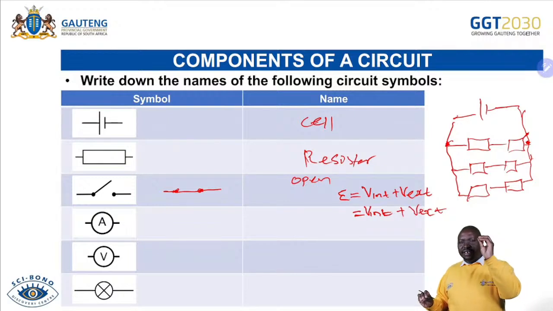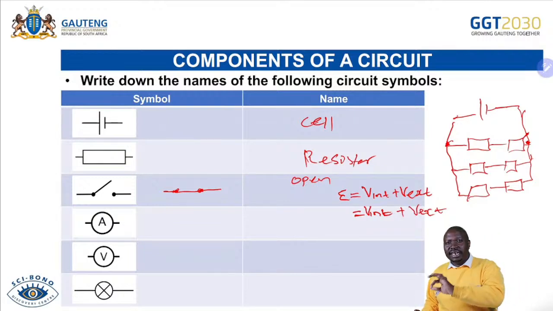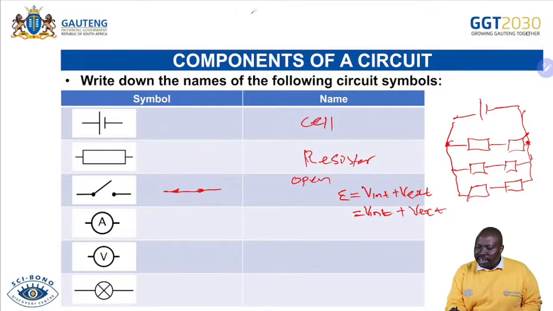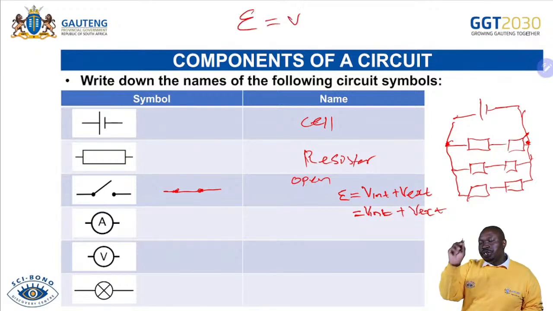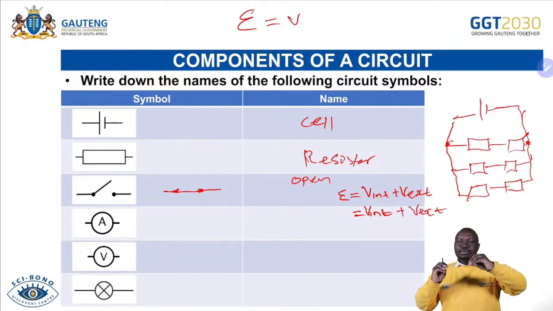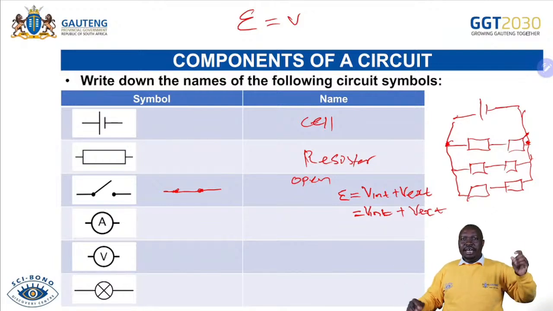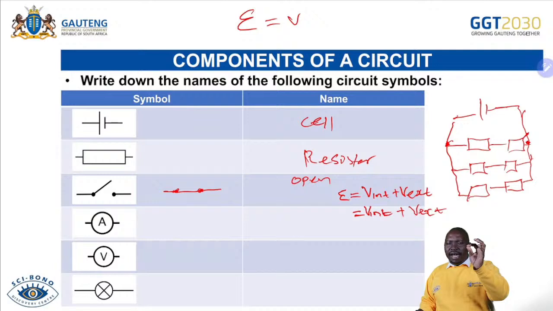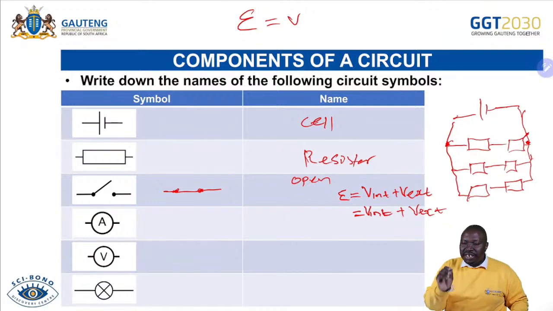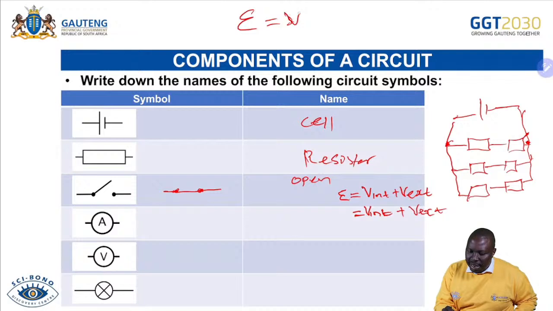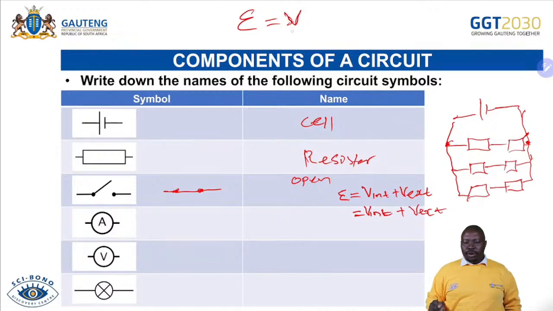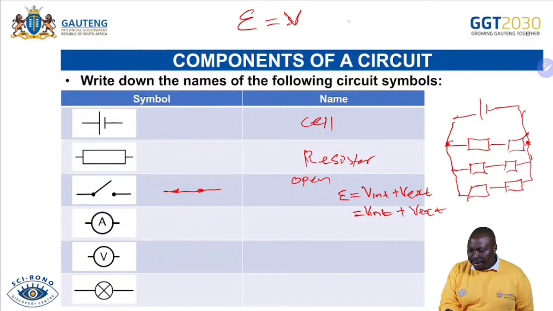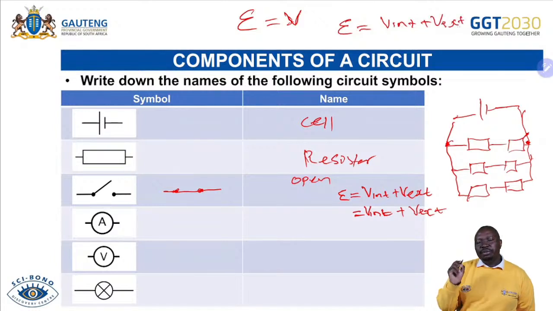So when internal resistance is negligible, EMF is the same as the potential difference when the switch is closed. Remember, when you close the switch, the potential difference and the EMF will have the same amount. So it's very important to understand that when we don't have internal resistance, the EMF will be the same as the potential difference. But when we have internal resistance, the EMF will be divided into V internal plus V external. And when we add these two, they must give you the total